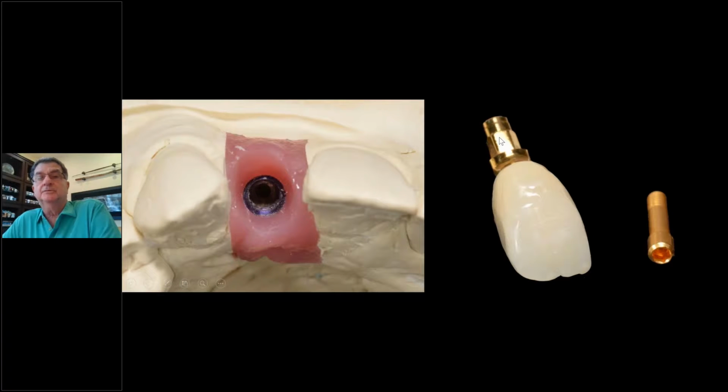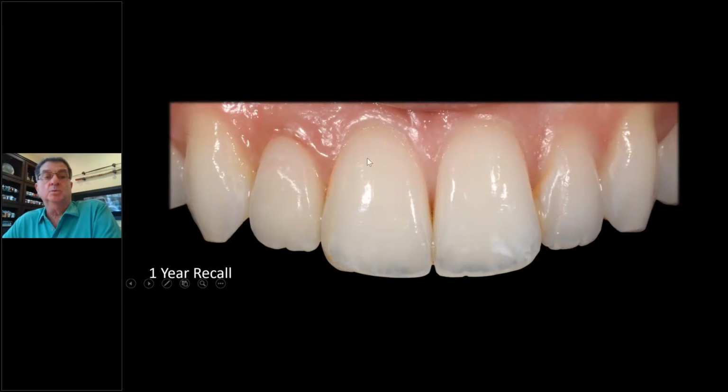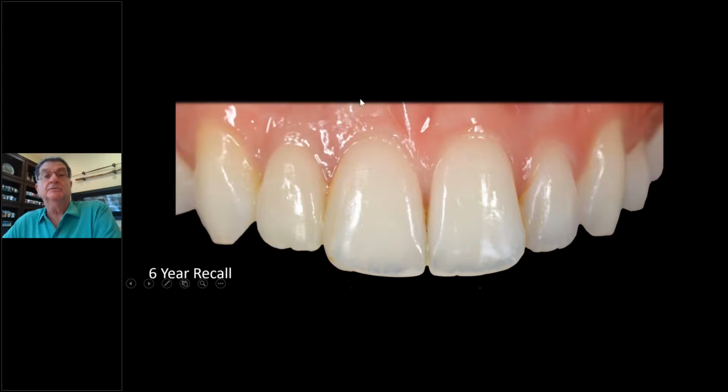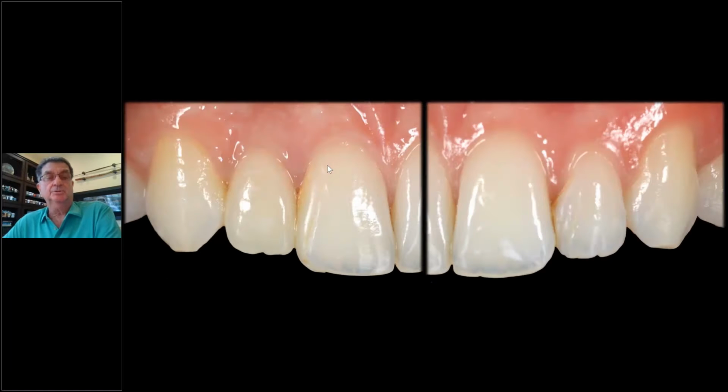And there's now the final crown. And here it is, 1 year recall. Here it is at 6 years. Nothing was ever done to that so-called scar. 6 years later, there you see a close-up. Now, this is more than adequate, I think, in terms of what we need on thin tissue that was built up with some bone graft, placed to the palate, vertical incisions, and this is what we see. Beautiful tissue height. The key is going to the palate and coming out the cingulum. Screw down, and this is where we are today.